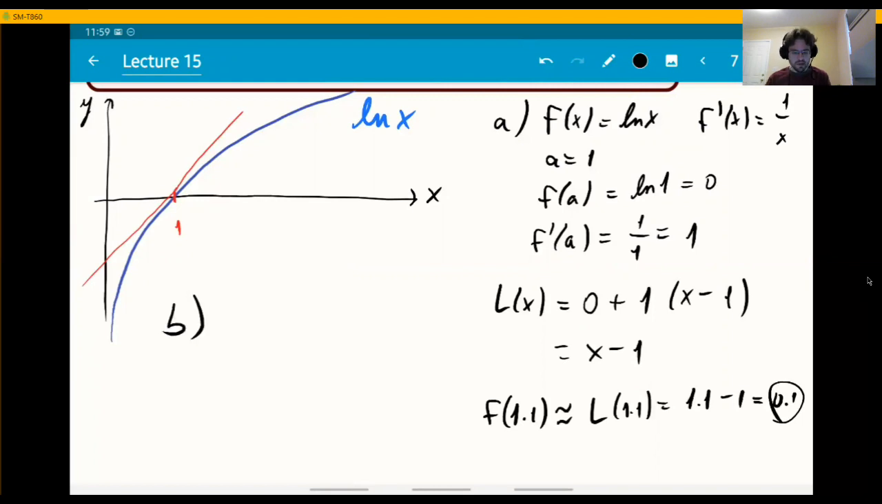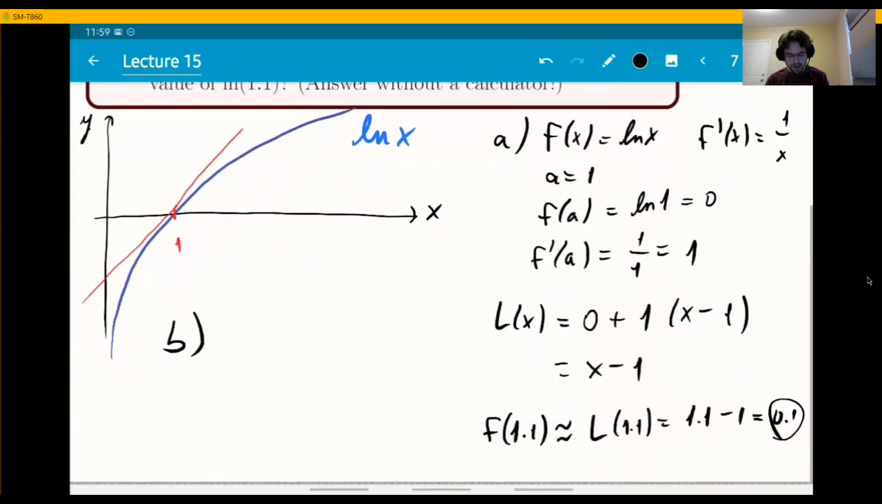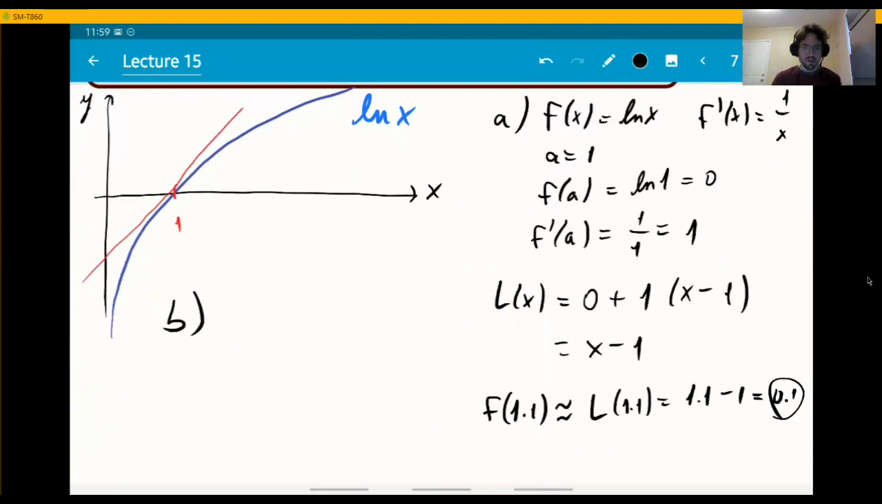But finally, B is saying, do you think this is larger or smaller than the actual value? Answer without a calculator. Basically, looking at the graph, you don't even need to know where 1.1 is. You just have to understand that because the graph is curving down, the red line, which is the linear approximation, is above the blue line, which is the graph. So we would say that the linear approximation that we found is above the actual value of the function,